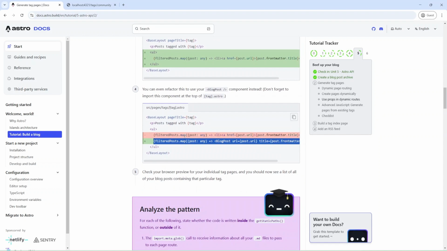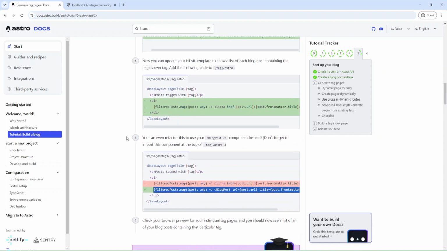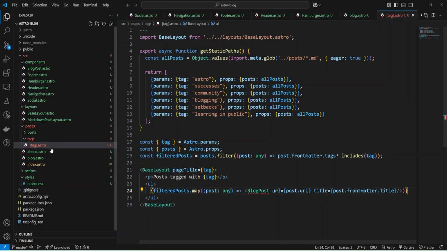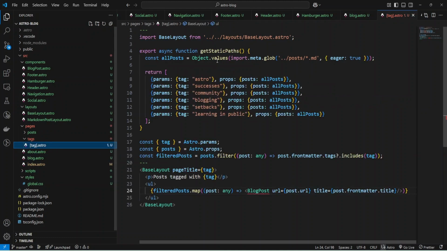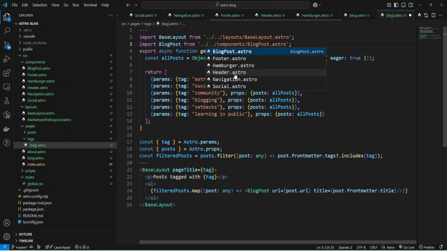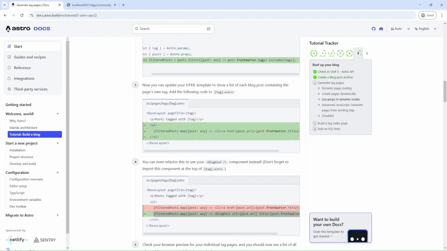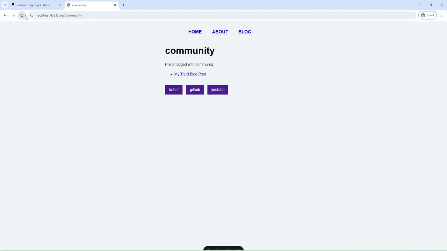And we need to import this component as we did in our blog. Okay. And so here I'll change the path. Okay. And now let's check what we have.